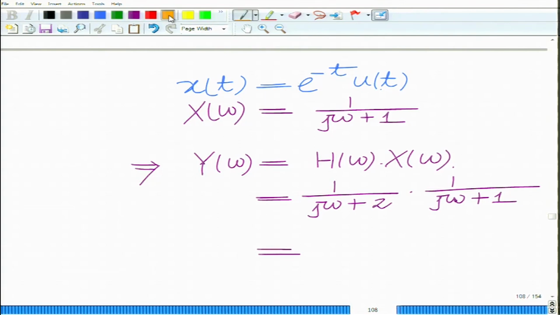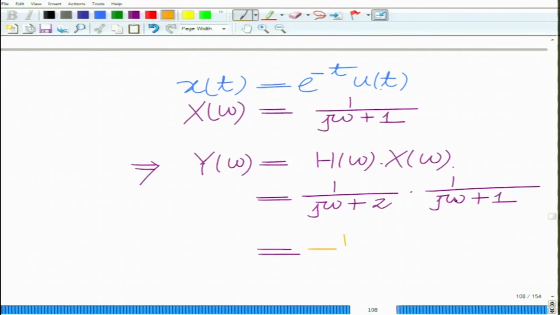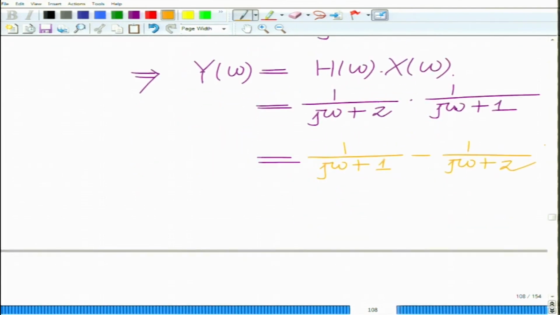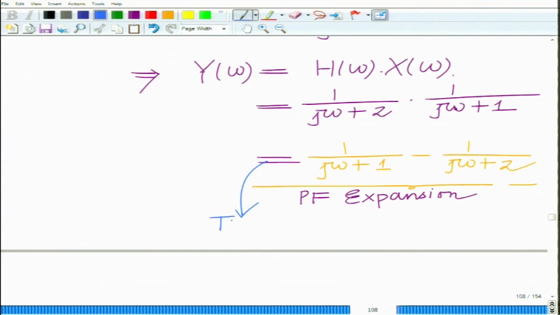Now I have to find the inverse Fourier transform of Y(omega) to derive the corresponding signal y(t), and I can use partial fraction expansion to conveniently derive y(t). So, I can write this as 1 over j omega plus 1 minus 1 over j omega plus 2, and this is basically the partial fraction expansion. Taking now the inverse Fourier transform,